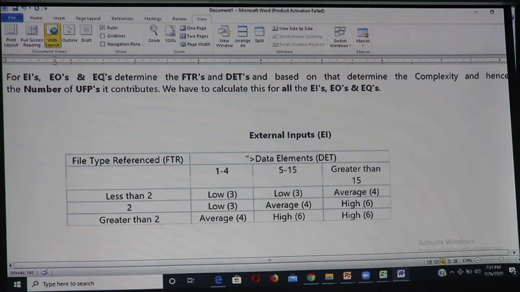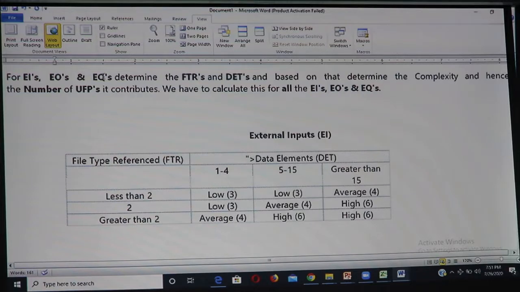Your EI, that is external input or external output, can refer to one table or multiple tables. When I say refer, it is expected that you write a record on multiple tables when you are doing an input. FTR is file type referenced, which is nothing but tables, and data elements are nothing but fields.